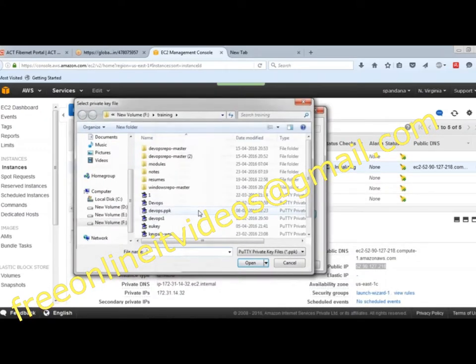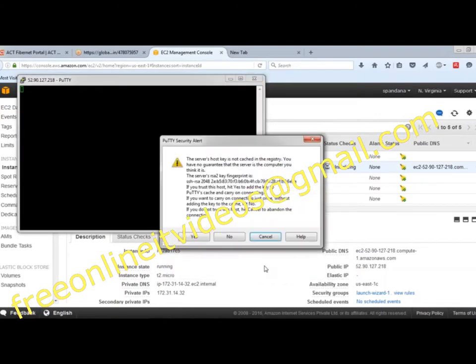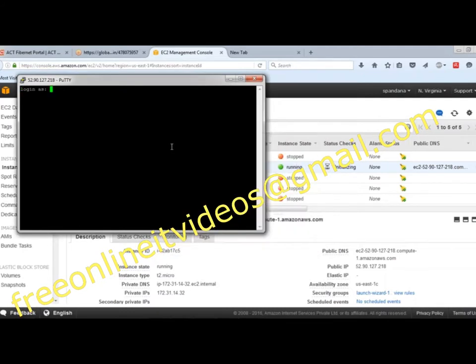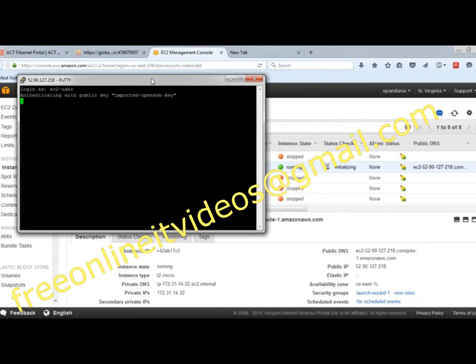This is the corresponding .ppk file. Open it. The user is ec2-user, since it's a Linux instance.